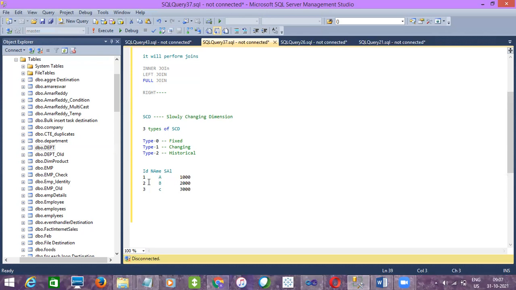These are the records available in my table. We have to declare which of the columns are fixed, which are changing, and which are historical. According to that, the SCD will work.